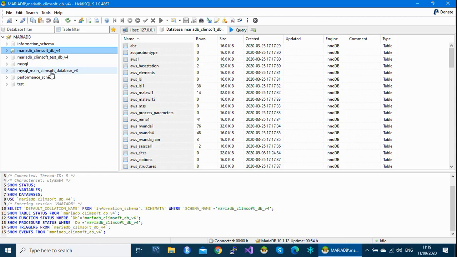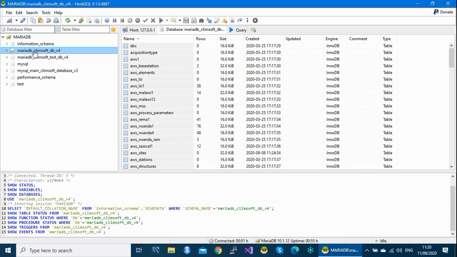This one is the database which I've been using for CleanSoft version 3, so I use it to do data migration. But now, my database of interest is this one. This is my operational database, and it contains all my data. Since it contains all my data, I need to back it up to make sure it is available elsewhere, so in case my computer or my server gets issues, I'll still be okay.